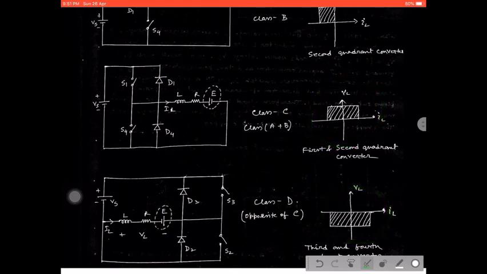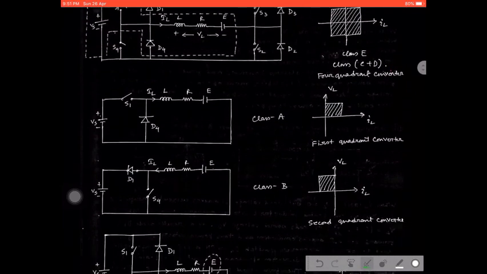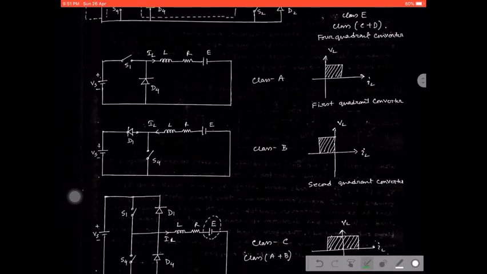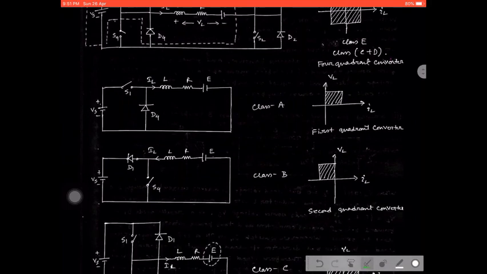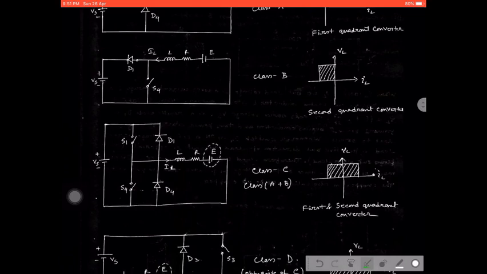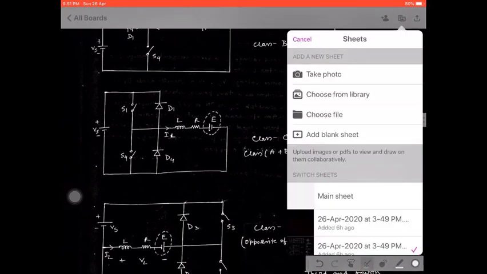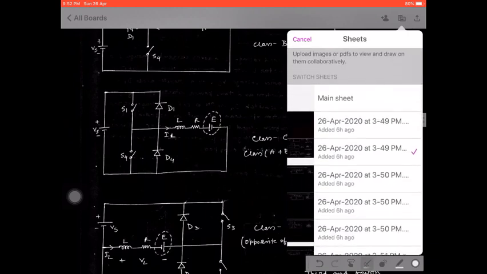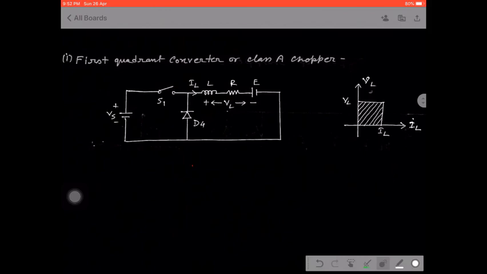So in this way we can draw all the circuits, which is very easy to recall or remember, right, for all the students. Once you draw the class E chopper circuit, you can easily form the other circuits through this presentation, or rather through this way. Okay, now go to the operation. That means we will explain all the individual ones: class A, class B, class C, class D and class E chopper. So first we go to the circuit of class A chopper. First is the class A chopper. See, in this circuit